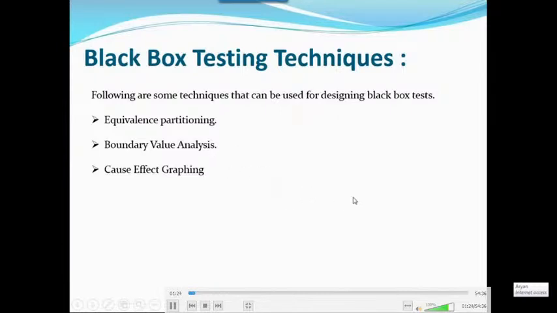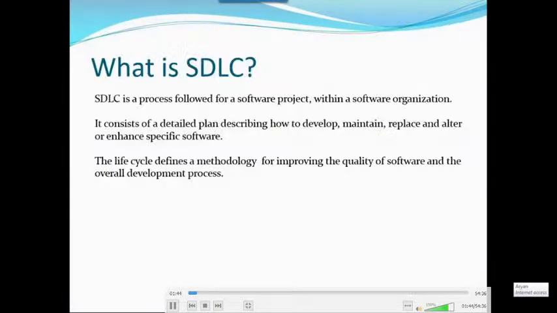We test based on the requirements and the functionality. BVA is nothing but boundary value analysis. We need to take the requirements, like the minimum value and maximum value. We need to take minimum value -1 and maximum value +1. Understanding, right? That's one of the most important ones.